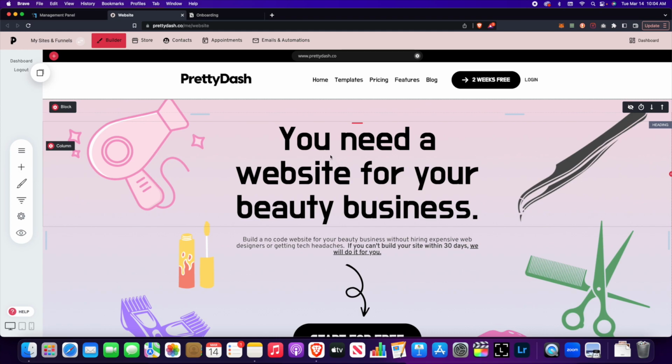So it won't be its own separate website. It'll be a part of your website, but it'll still be a funnel where you can focus on selling just one or maybe two things, but keep it focused on just selling those things